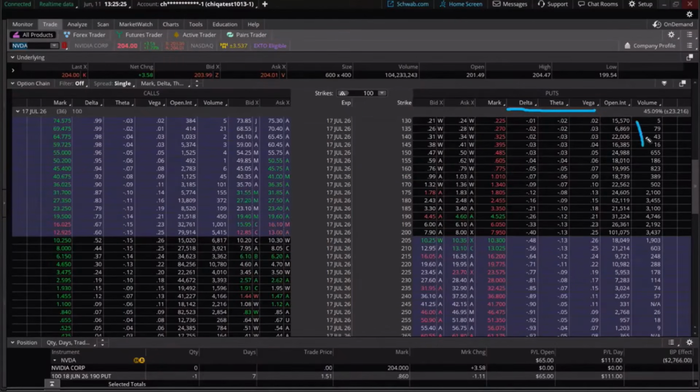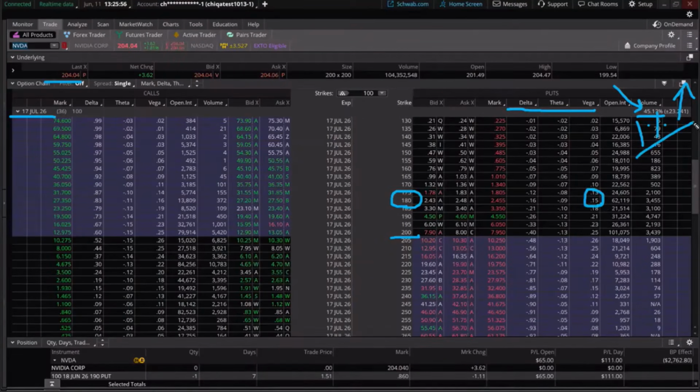Now, a 1% increase in the implied volatility that you see right there at right around 45 for this monthly contract will influence the option higher by the amount of the Vega. So if we look over here at the Vega, and let's just say we're looking at the 180, quite a ways below the 200 where we're roughly trading close to, the option range will go up 15 cents for every 1% increase. Conversely, it will also go down for every 1% decrease by the amount of the Vega too.